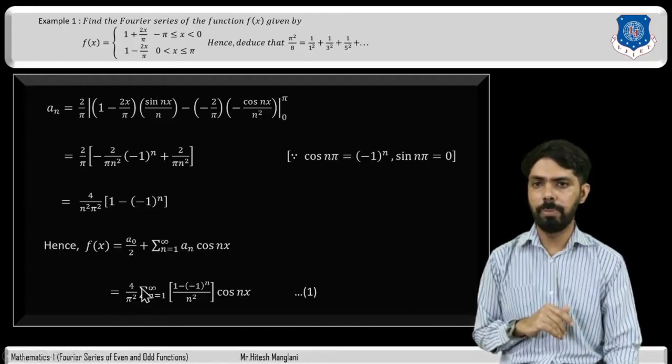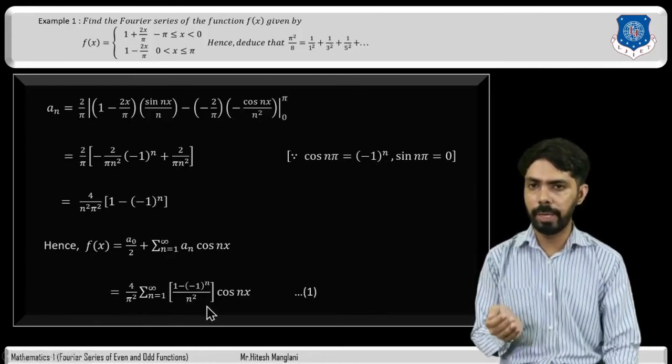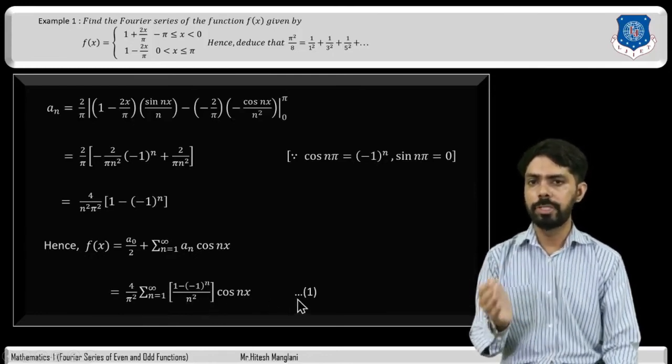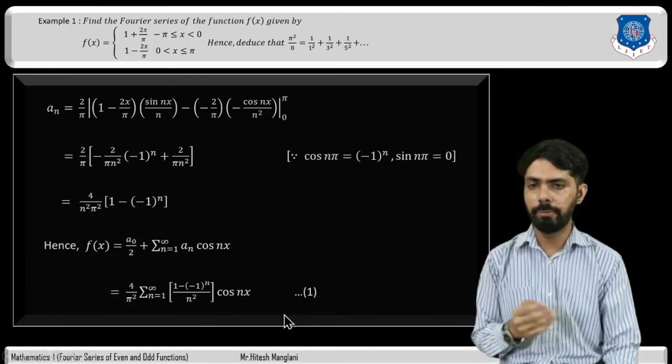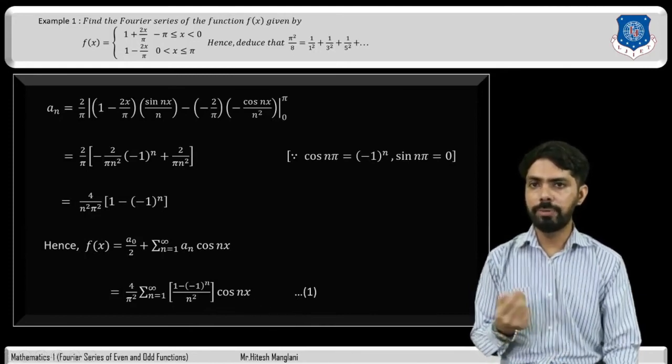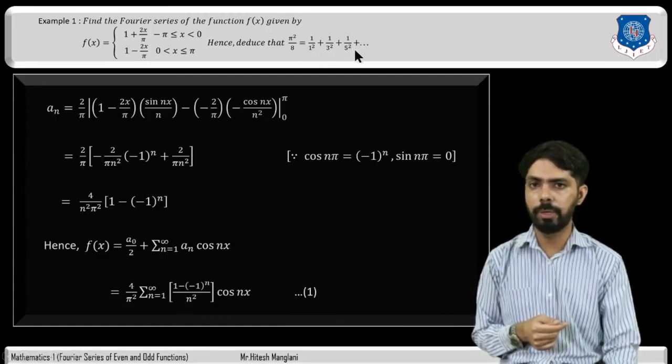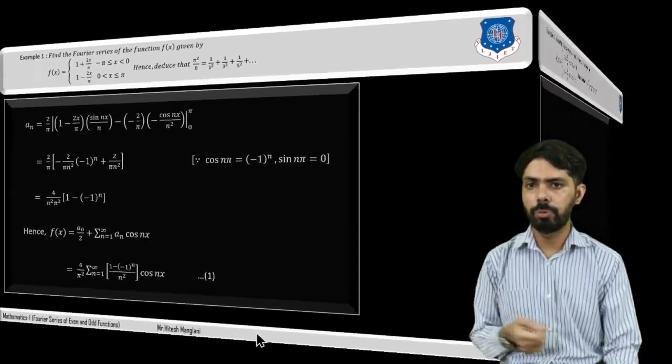So f(x) will be 4/pi² sigma n=1 to infinity of (1 - (-1)^n)/n² into cos nx. Suppose this is equation number 1. Now, we have to prove that pi²/8 is equal to 1/1² + 1/3² + 1/5² + so on. So, for that,